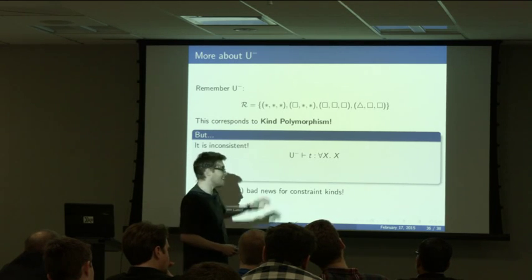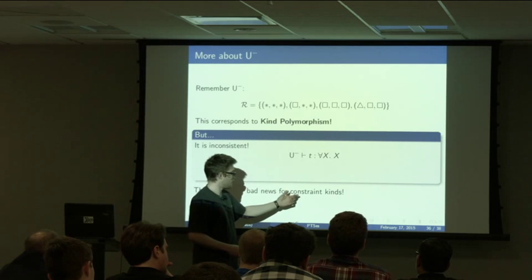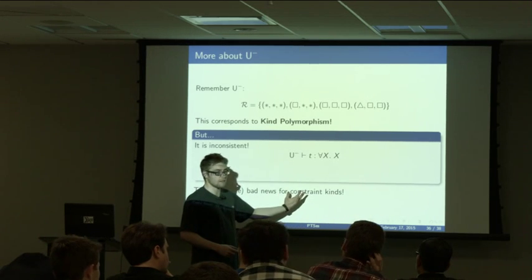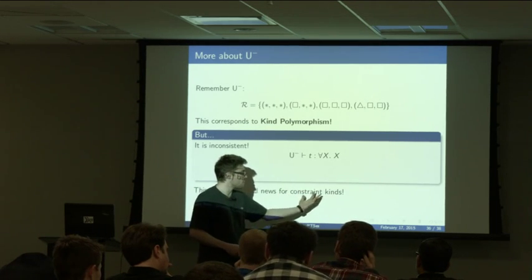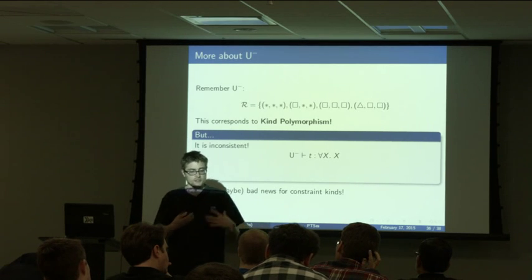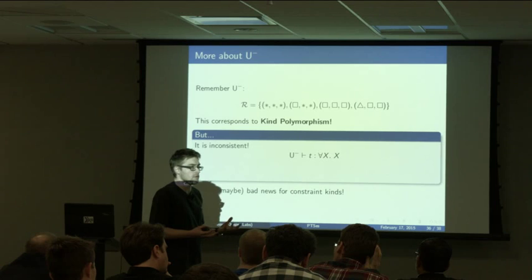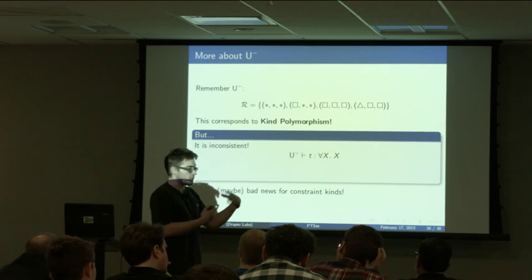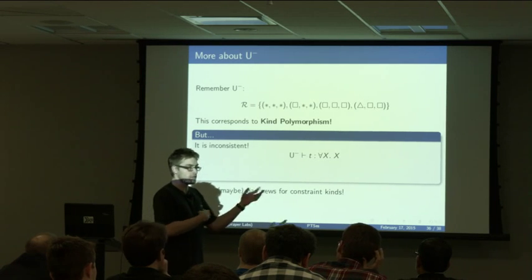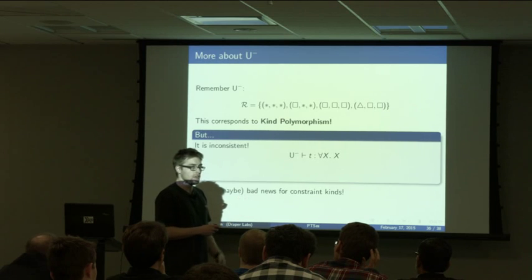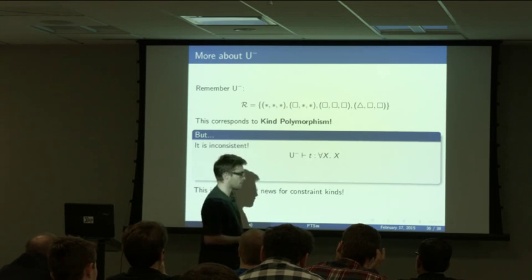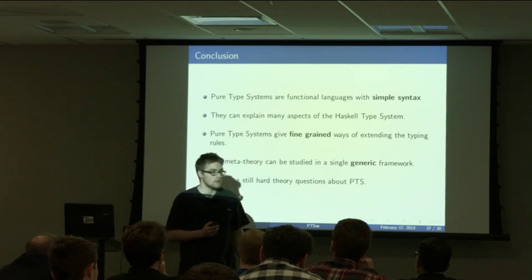If it was, then you'd have an inconsistency at the type level, and you could prove things in these constraint kinds that didn't hold. In particular, you could prove some very strange equalities that didn't hold, like nat twiddle bool, and that would be pretty bad news, I think, for Haskell. I don't think we care.